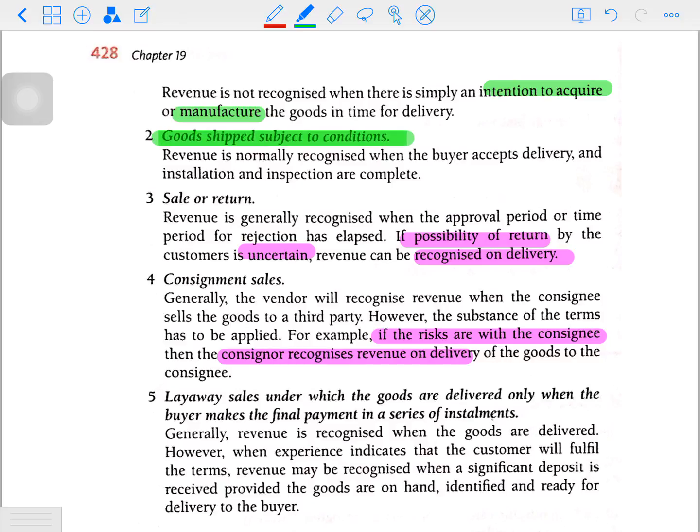This is another situation of sales of goods. In the example given by FRS, goods shipped subject to conditions. Revenue is normally recognized when the buyer accepts the delivery and installation and inspection are complete. This is for goods shipped subject to condition. Maknanya goods tadi kita akan recognize revenue bila